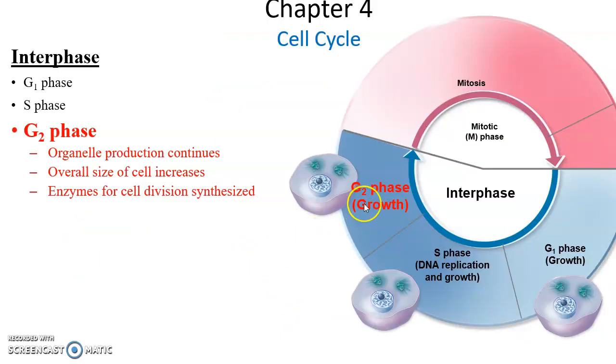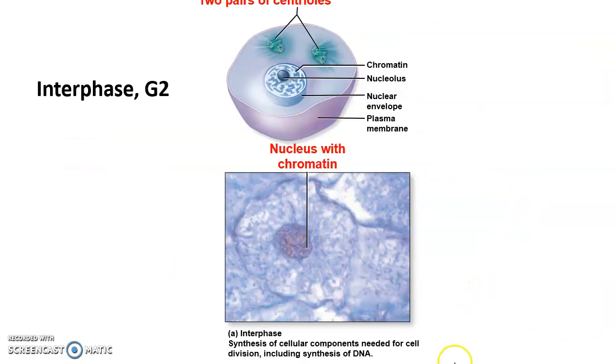All right, G2 phase. G2 phase is the second growth phase, and the goal here is to produce more organelles, more than the cell needs, to get the cell bigger than it needs to be, because what it really has to do is get big enough that after it divides, the two new cells are large enough to survive. And this is when the final preparations for the beginning of mitosis occur with, say, enzymes that are needed to be synthesized.